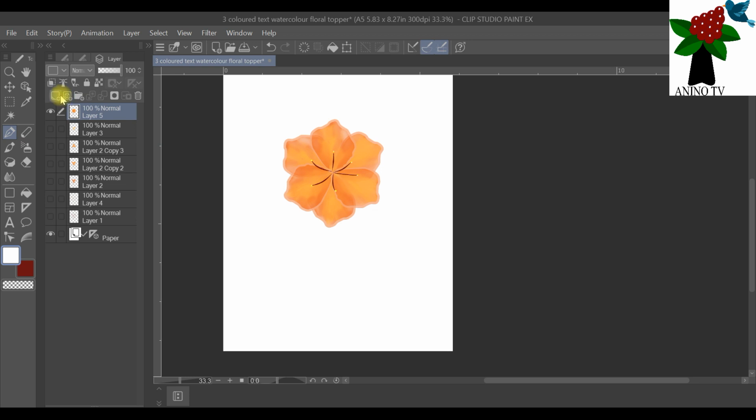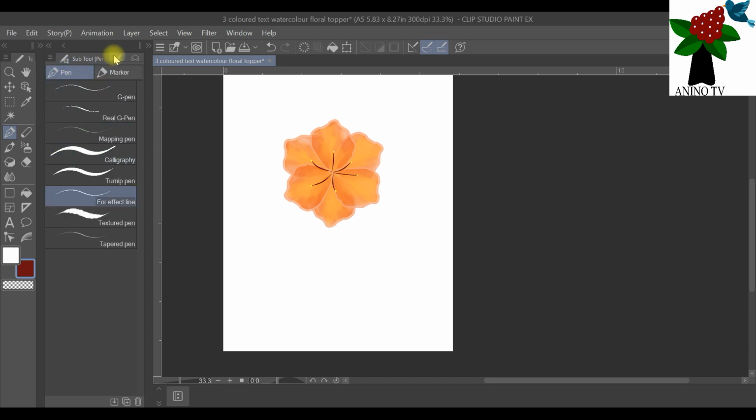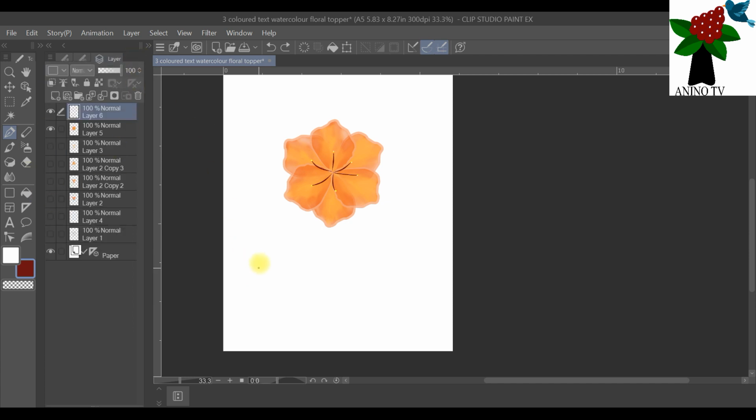I'm going to draw another one quickly. So this time I'll use a smaller brush. Change the brush to the pen tool. Yes, okay, that's fine. Size 1, brush size 1. So working on a new layer, just want to make sure it's a new layer. I'm going to just